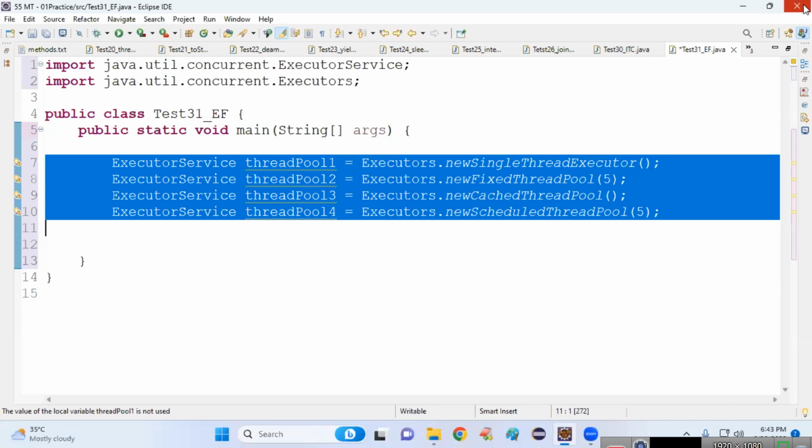The services which you don't want to force the subtypes to implement, those services you create as default methods. The services which you want to force the subtypes to implement, those services we declare as abstract methods. Okay? So Executor contains one method, but that method is not satisfying the requirement,